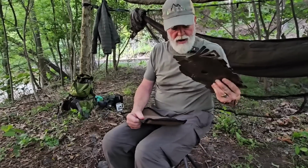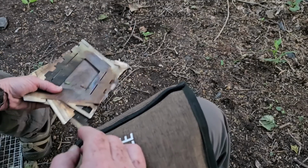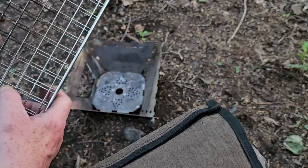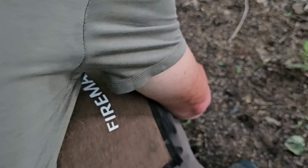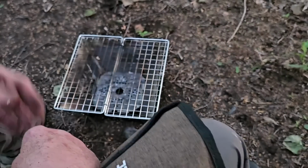But this is made by Fire Maple. I'll go ahead and get all this put together, and I think we're going to just set it up right here. Voila! So the only thing we got to put on is the grate, and we'll wait till we get the fire going. But that just sits right on top like this, and then we're going to cook right on top of there. There you have it. Fire Maple